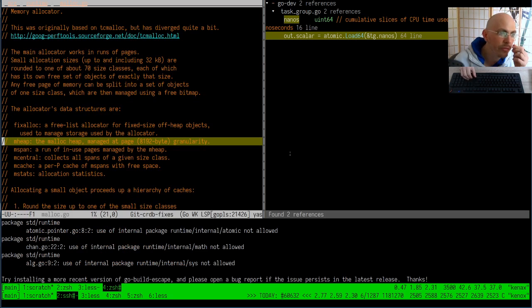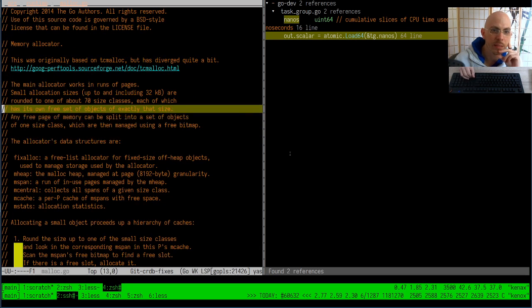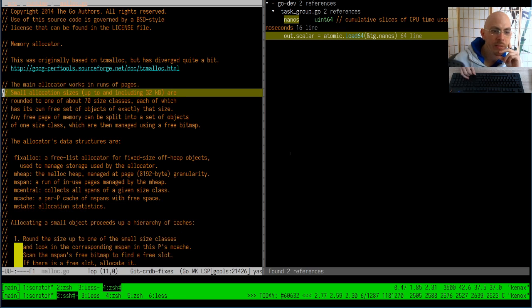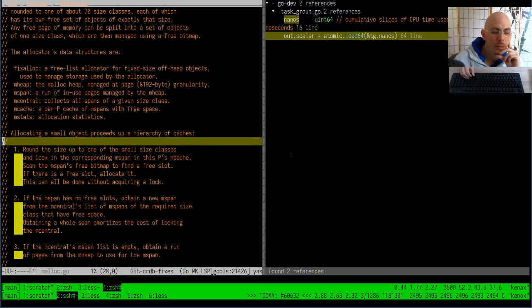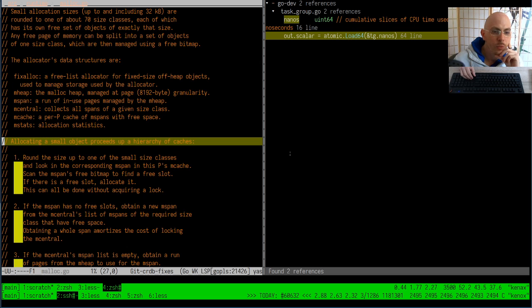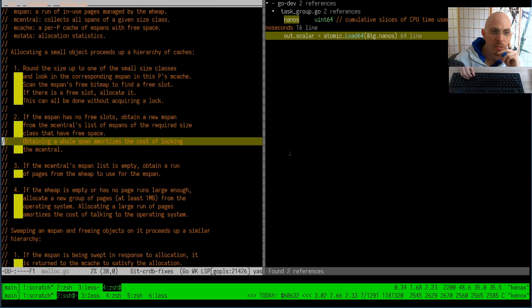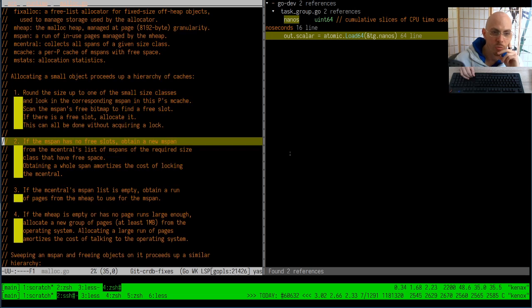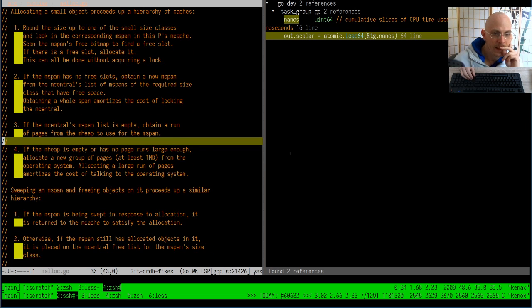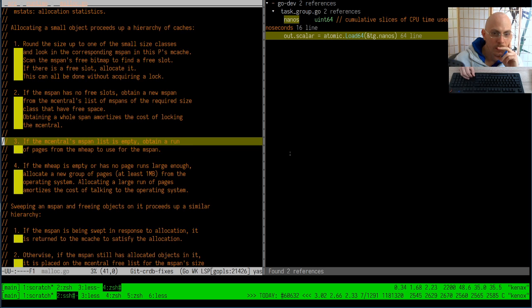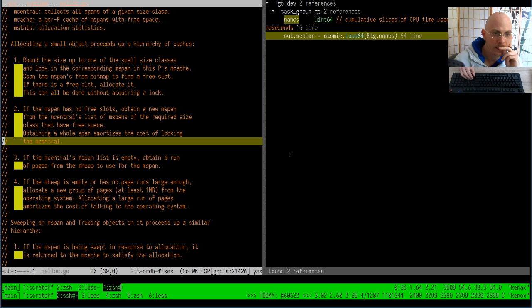All right, so there is a very nice explanatory comment at the top of this file that explains how this works. And what it explains here is that we have small objects being allocated using pages that are shared across multiple Go routines. And then if, say, small and medium cache don't work, then there will be a new group of pages to allocate for that